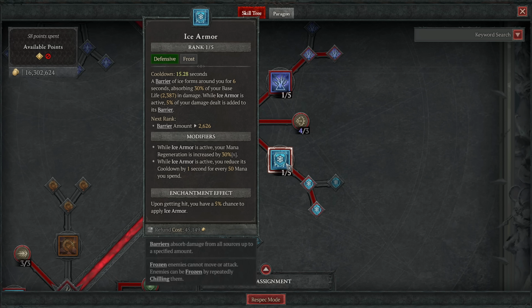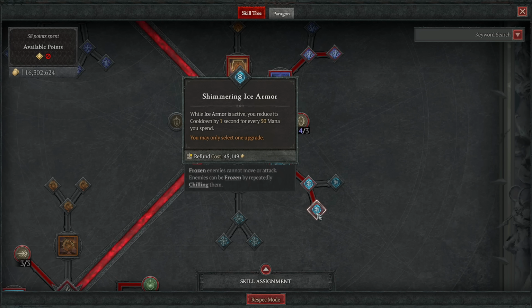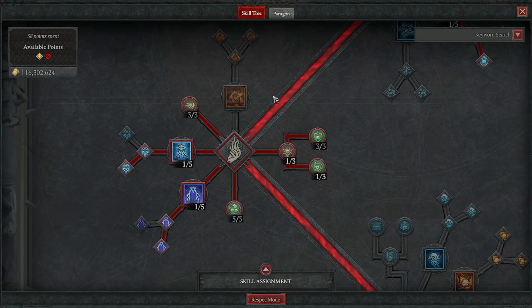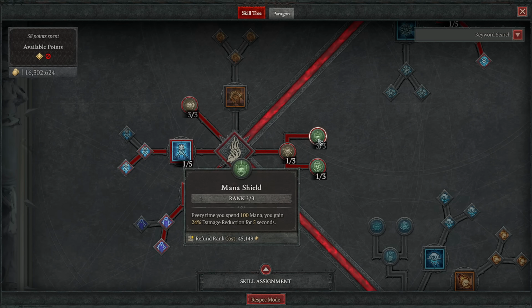Finish up with Ice Armor, taken to enhanced. The mana is nice, but mainly we want Shimmering, as we will be reducing the cooldown massively, as we will be spending a lot of mana constantly in this build, and constant Ice Armor is constant "you can't kill me," and constant barrier synergy like Conceited. After that, we move on to our Conjuration, where we get the Align the Elements to get to Protection, just 1 rank, so we keep getting barriers. Again, very tanky, we don't need all 3,